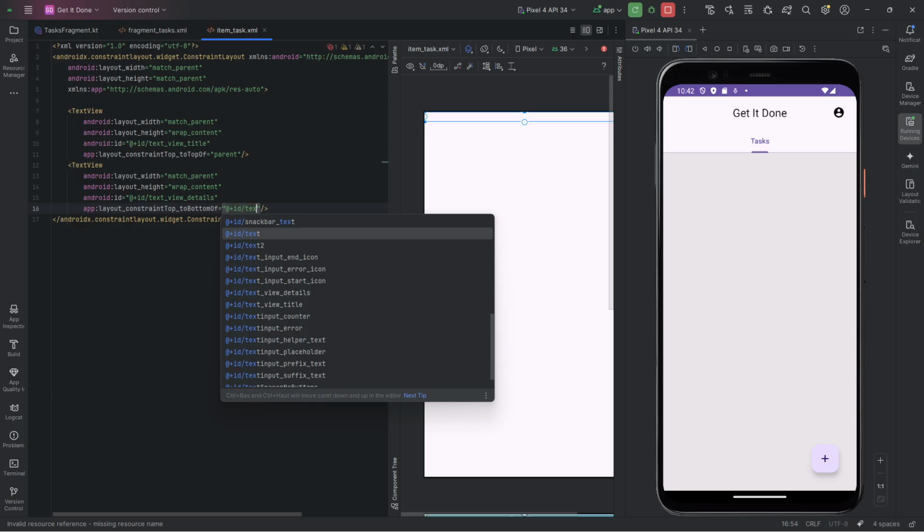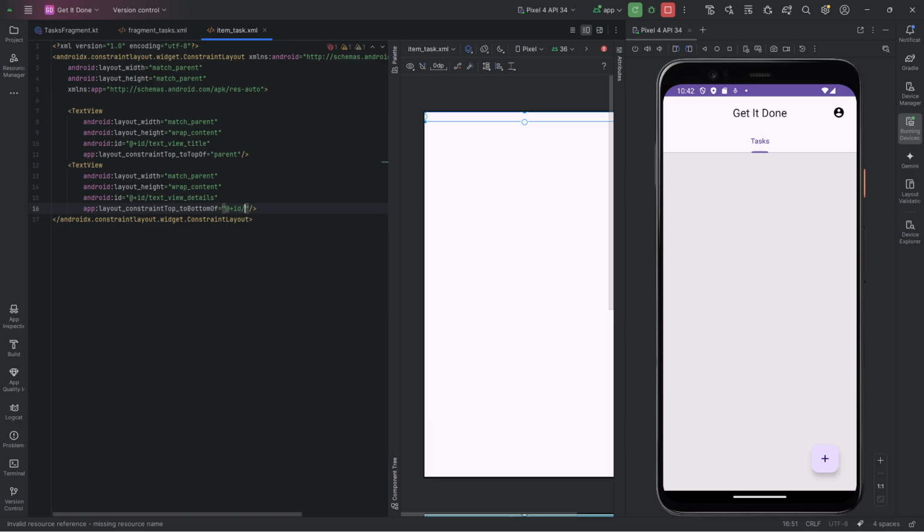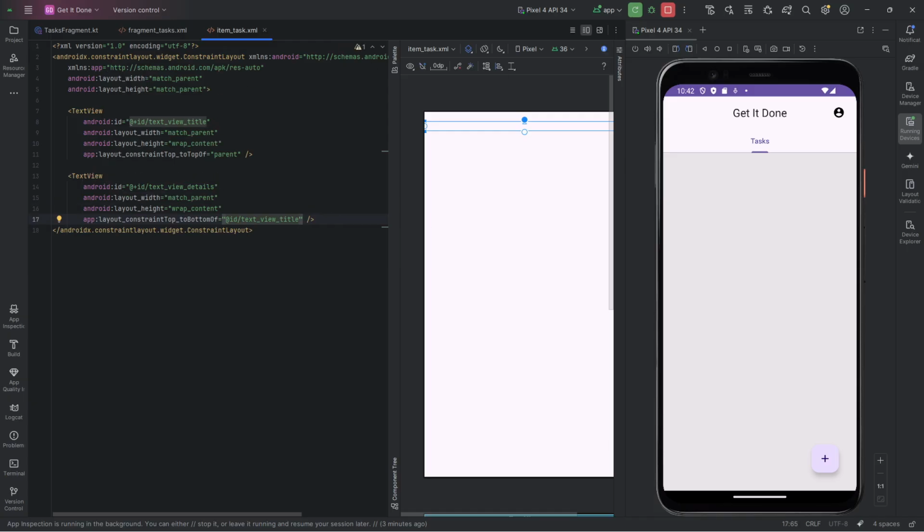We will improve the styling of this, including having the checkbox where they can check off the task, but for now this will just at least show us the details from our database, which will be quite useful. So I've really flown through that, a quick item_task layout for our individual tasks, but at least when we get our list working, we'll be able to see the details of our tasks that are saved in our database. So back to fragment_tasks layout for our